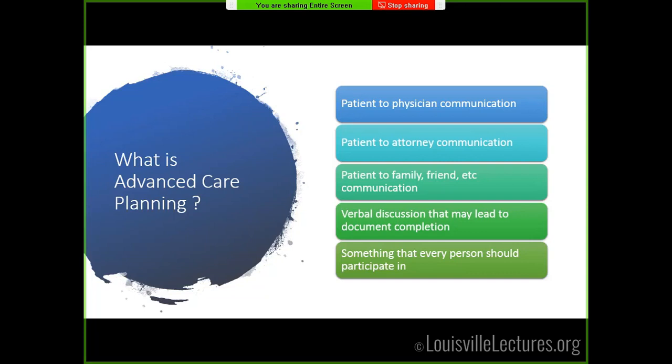So what is advanced care planning? I think a lot of times we think of this as something that may come at the very end of life and be an emergency type situation. And actually advanced care planning can be a lot of different types of communication. Sometimes it involves patients and their lawyers, patients and their families. But in any way that advanced care planning occurs, it's a chance for patients to communicate to those of us who are going to be helping them make healthcare decisions what their healthcare decisions are that they're interested in making.